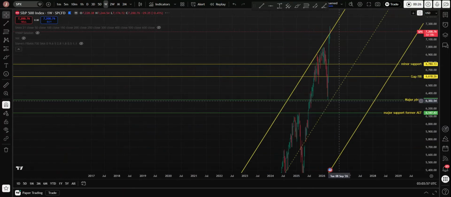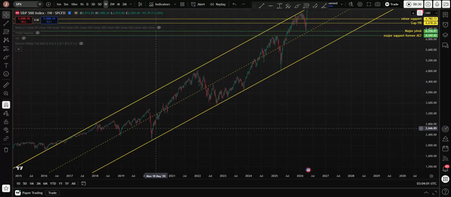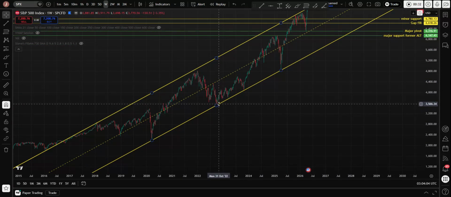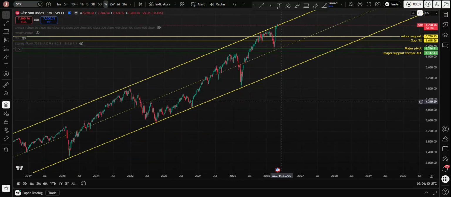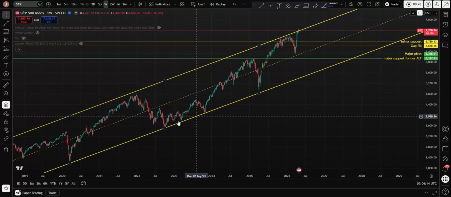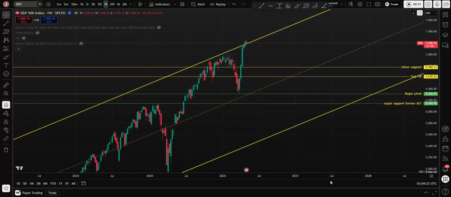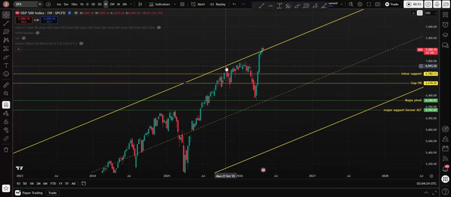Let's go to the weekly chart. I have this parallel that we connect from the COVID lows, from the bear market low of 2022, from the low on the October sell off on October 23rd, and then we have the Liberation sell off. If you connect it to the high of the bull run of 2021, it actually connects to the pivot, and you get a perfect parallel that gave us the top from over here,